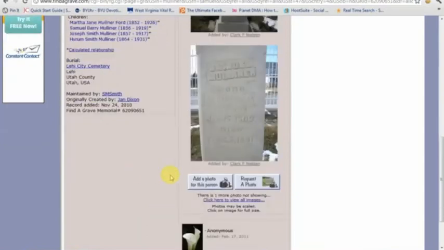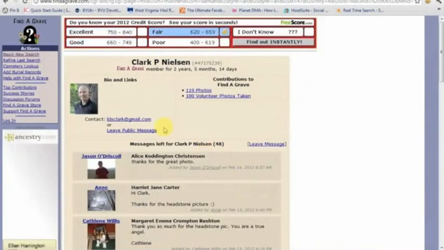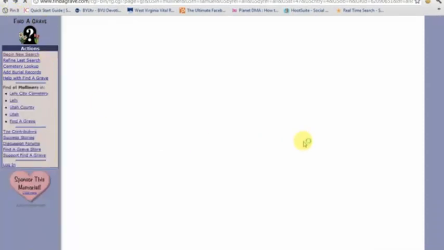These photos were apparently added here by Clark Nielsen. So again, Clark owns the copyright on that. Now I could click through to Clark's name, and I could leave him a message and ask him if I can use that photo or if I can copy that photo elsewhere. Otherwise, what you're going to want to do is,